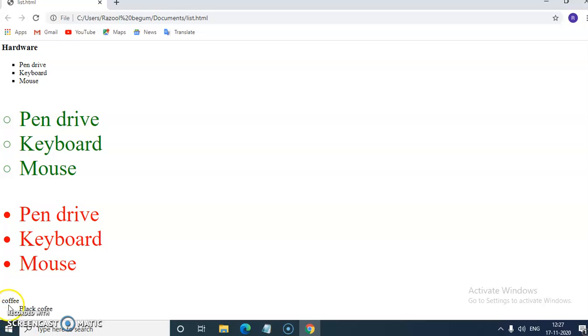So you can see coffee is the heading, and this is the black coffee. Okay, so this is the example of the definition and usage. The DD is the tag used to describe a term or name in the description list, and the DL defines the description list, and DT is